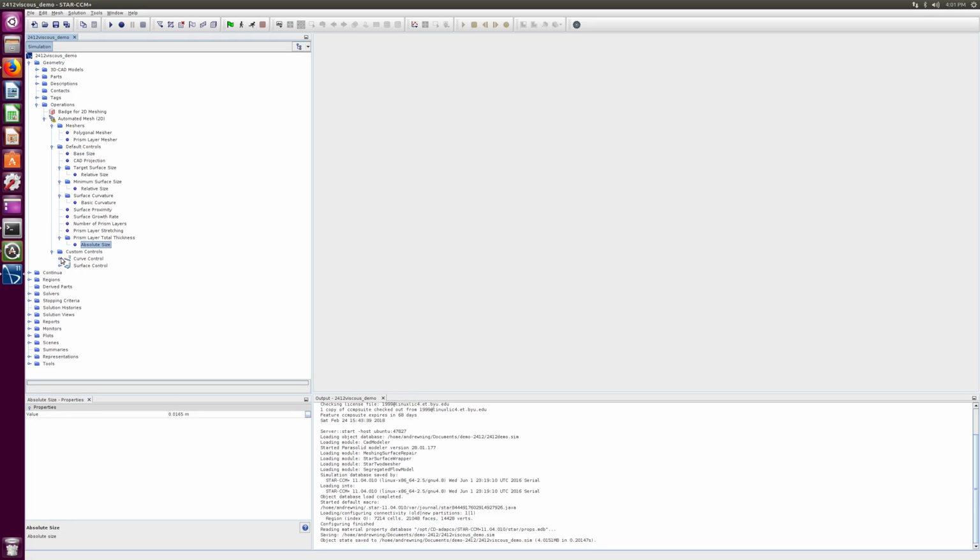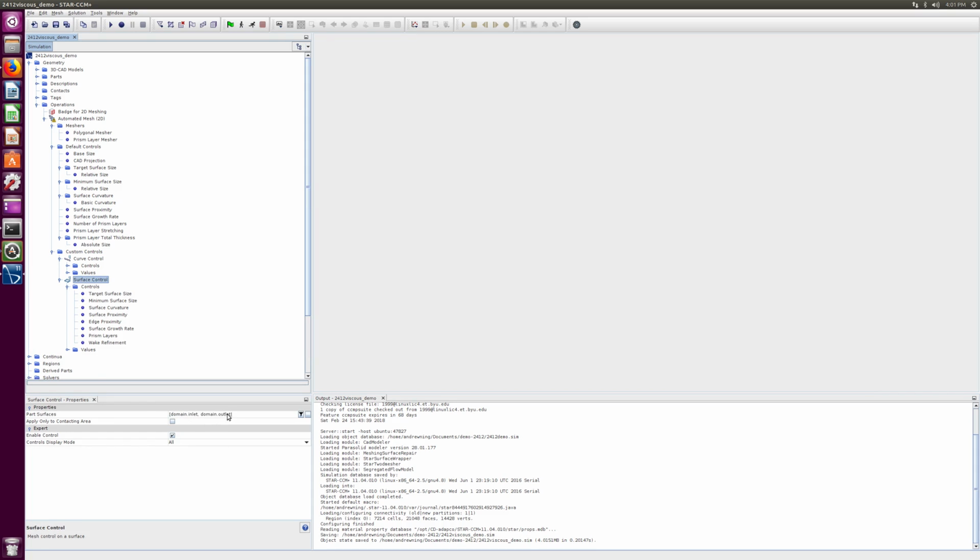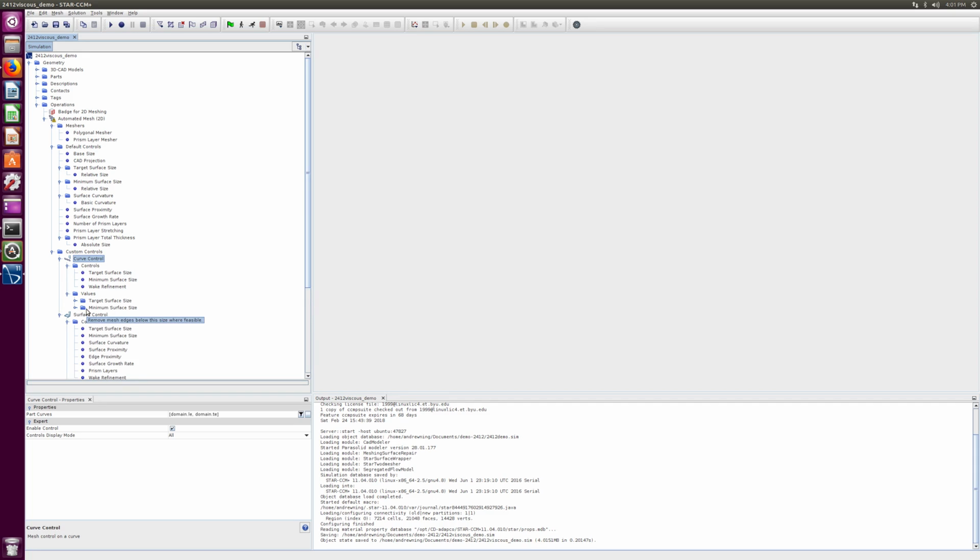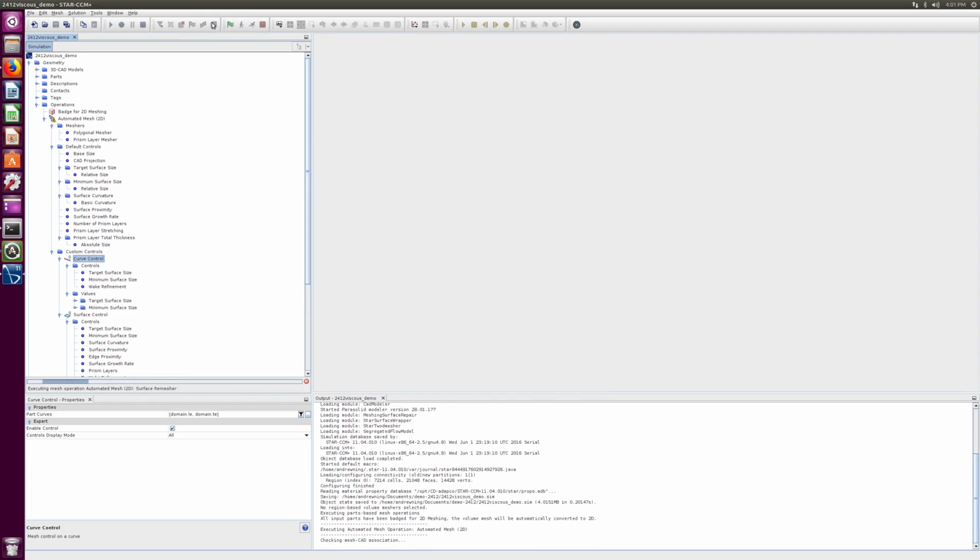Now I'm going to go look at these custom controls. One thing I'm going to want to do is, right now this is going to want to put a prism layer everywhere, because everything is going to inherit that. This surface control is for my inlet and outlet. You'll remember we wanted to put some different sizes there. So I'm going to go here to prism layers for that. And I don't want it to take the parent. I want to disable it so it doesn't try to put prism layers on the outer boundary. Curve, that's not a problem. It's just going to be on the surfaces, or more on the surfaces that it'll happen. Okay, so what else do I want to do? I'm just going to let that run